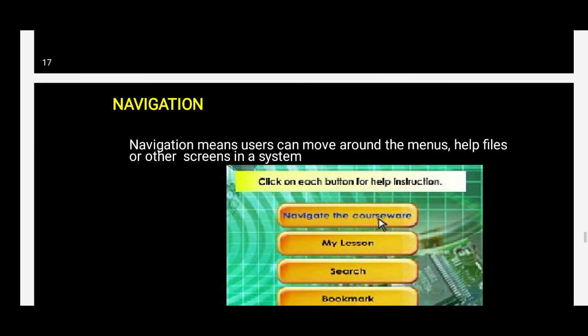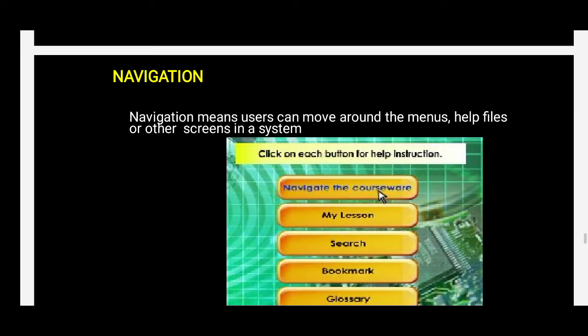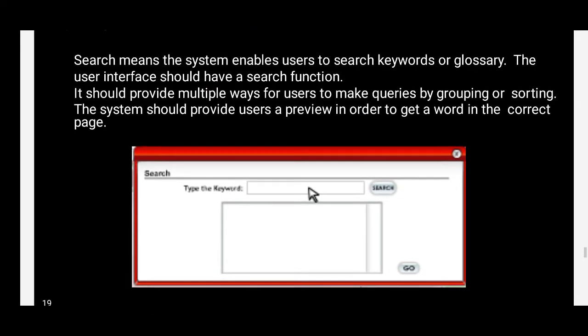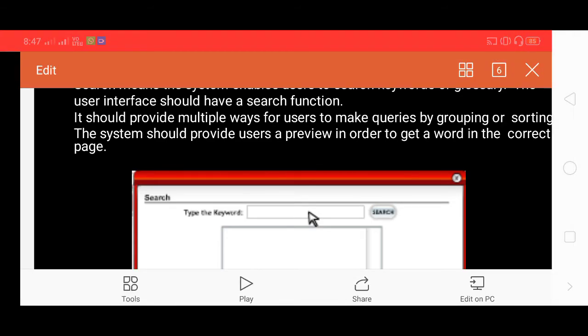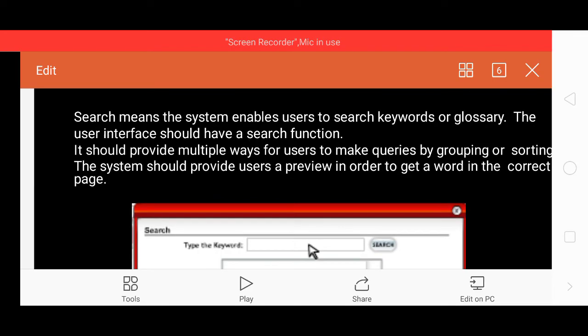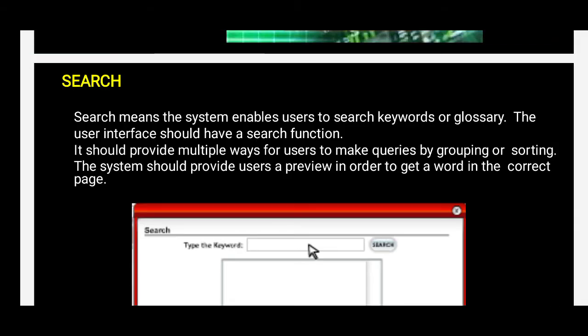Navigation means user can move around the menus, help files or other screens in a system. Search. Search means the system enables users to search the keywords or glossary. The user interface should have a search function.